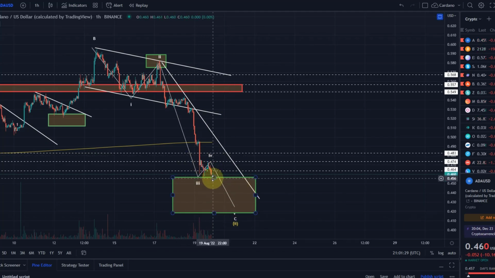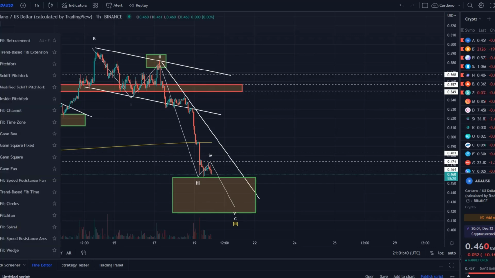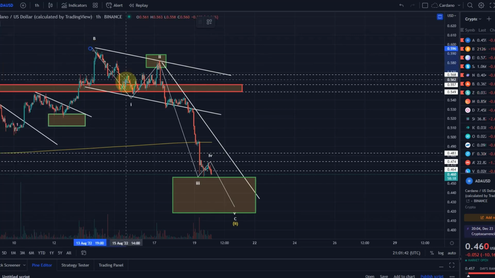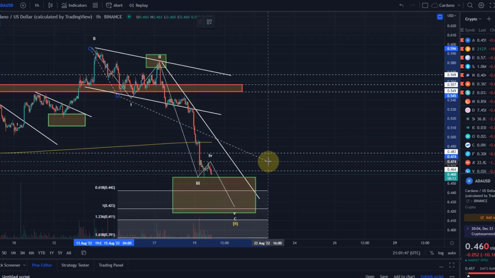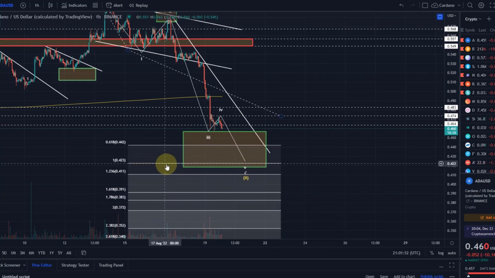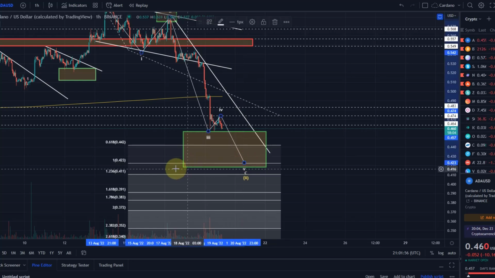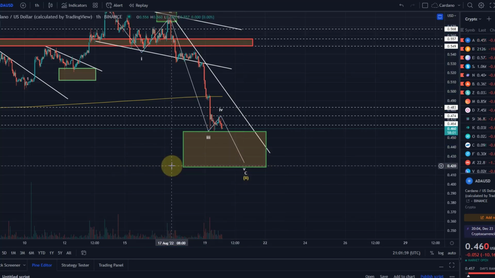If we go below 45.7, the previous low here, then I think we have evidence that we are coming down in wave 5. Ideal target for the wave 5, we can calculate that as well by taking the length of the wave 1 and adding it to the high of the wave 4. And that would give us an ideal target, the 1-to-1 ratio, that would be here the 42.3 cent level. That would be the ideal target in this green range. We'll see if we get there.